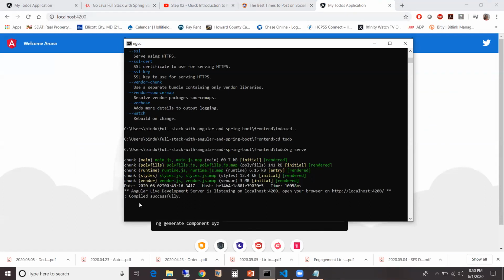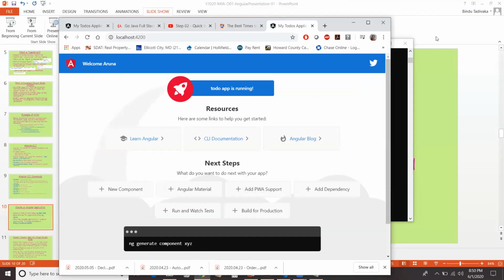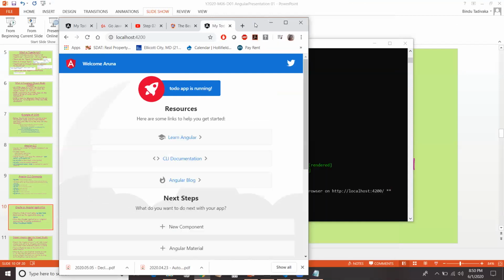And what this command does is it keeps on monitoring the Angular application for any changes that the developer makes. And once those changes are saved, they will automatically get reflected onto this web browser. I can show you how that works.